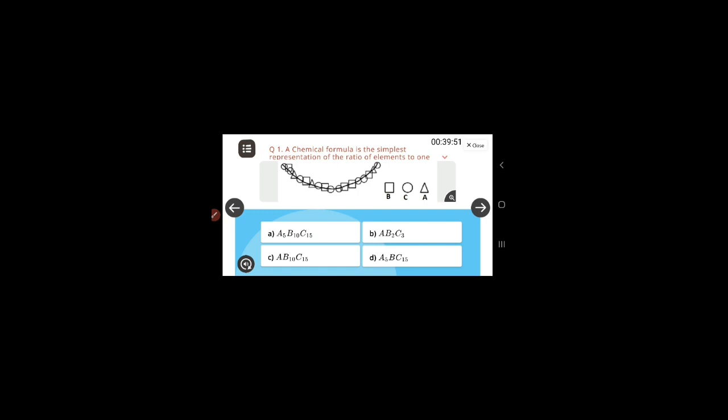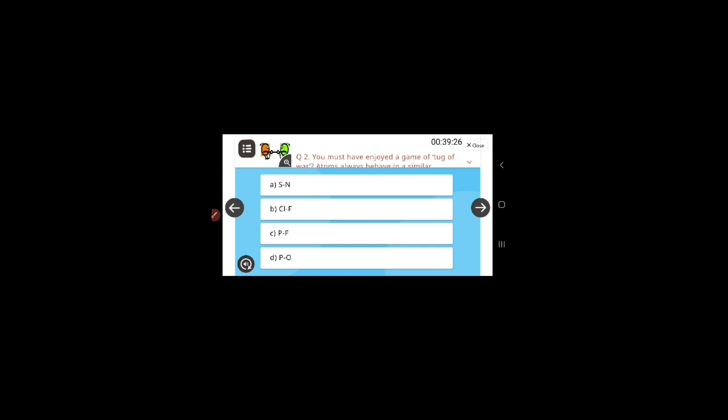First question is, a chemical formula is the simplest representation of the ratio of the element to 1. So suppose I tick on this, and if I thought that this is not the right answer, then at the bottom you are able to see this restore button. Touch on this and your option will be cleared. So now I am going to select this. Move forward after reading the whole question